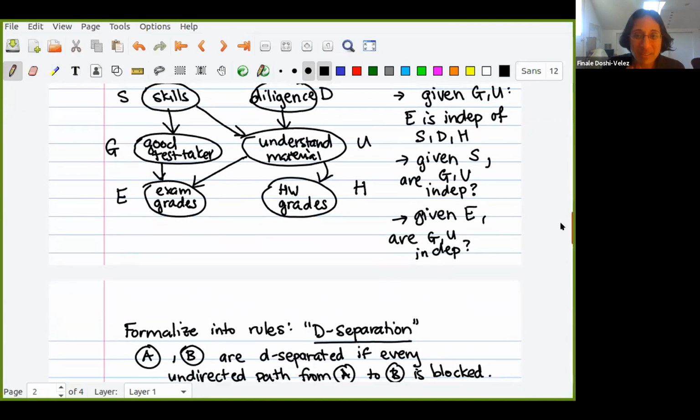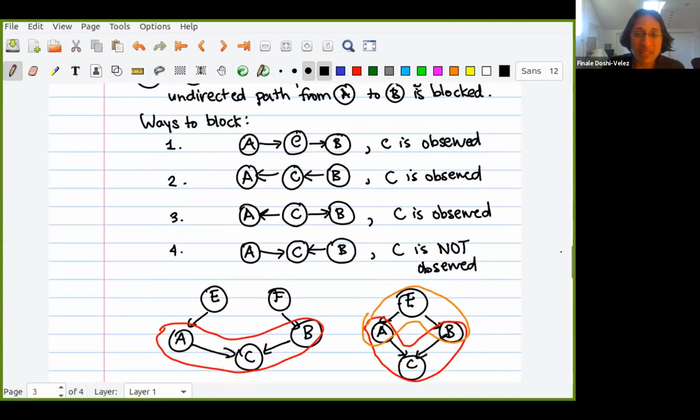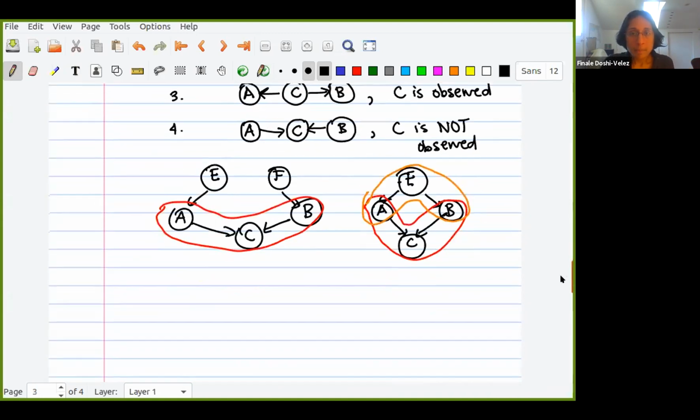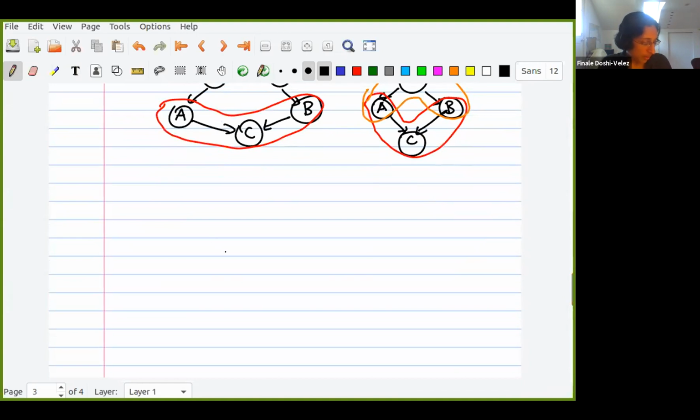So if we have the graph, we have these three cases, we have the d-separation. And then let me think a little bit more carefully about the aunts and uncles case. We'll come back to that. Okay, and that's a good question. All right, so let me just make a quick note